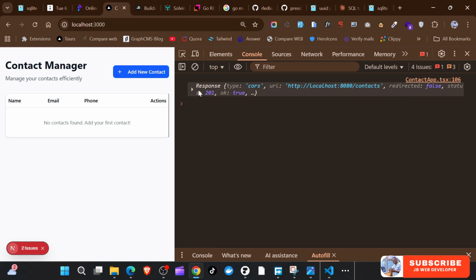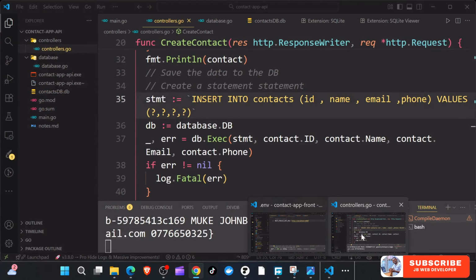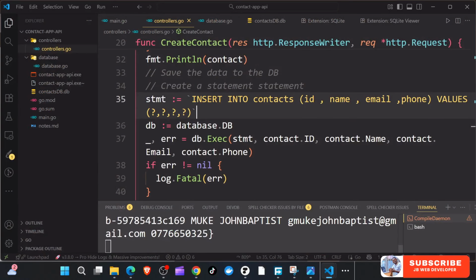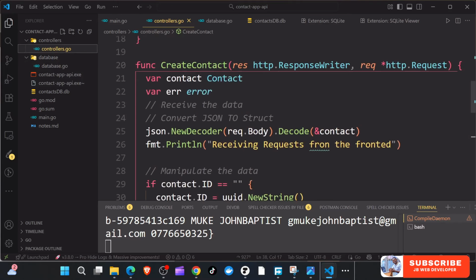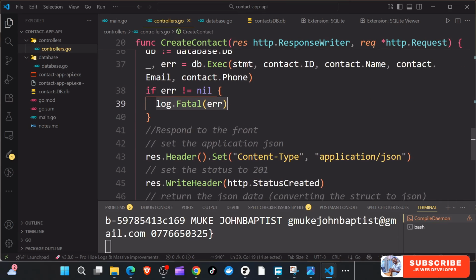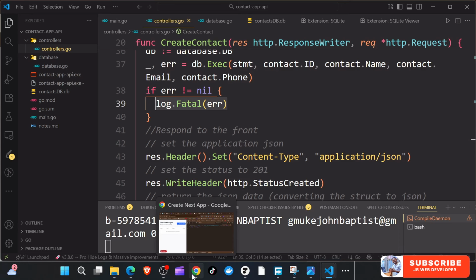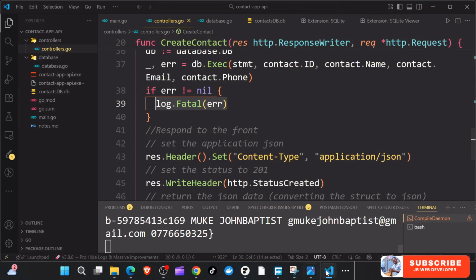201. Okay, we can also get the response. So if I just go back to the controller here, where we get errors, more especially like here, we can also return a response if we want. But now in this case, we are returning the data. So if I go in my